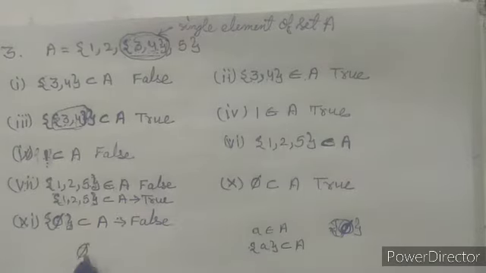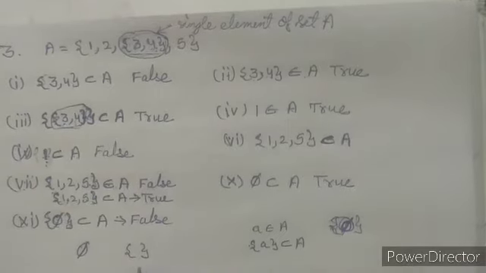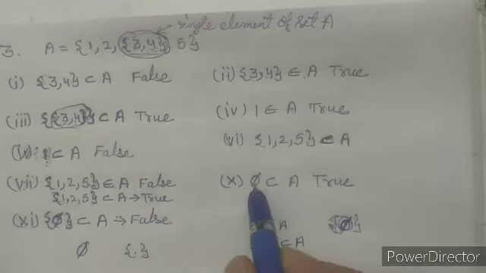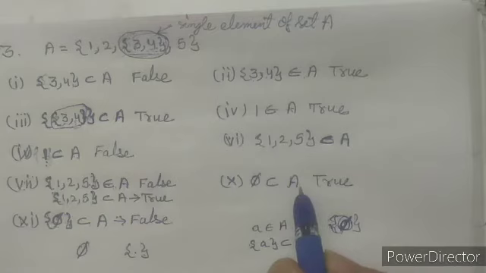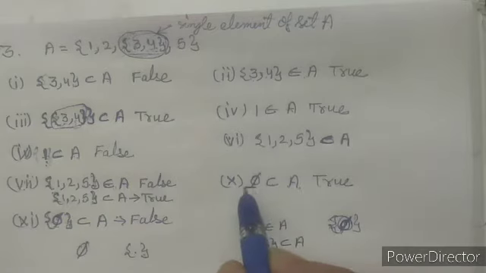Now the null set is already a set. It can be written as the null set or as a set without any element inside the braces. But here we have written the null set inside the braces. So it will not be a subset of A, whereas the null set will be the subset of A, because this phi is already a set.